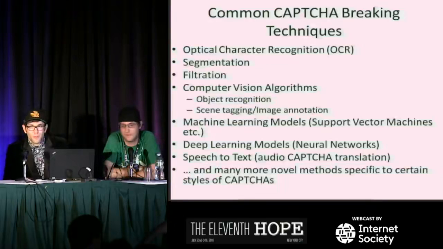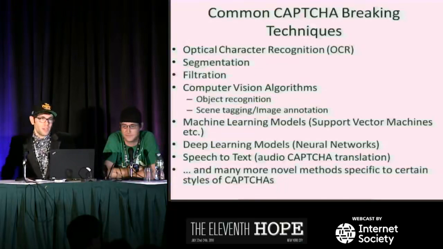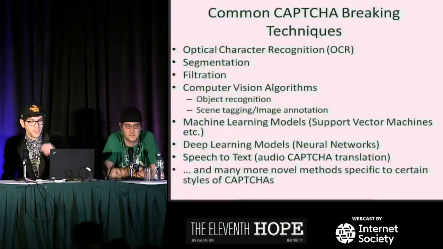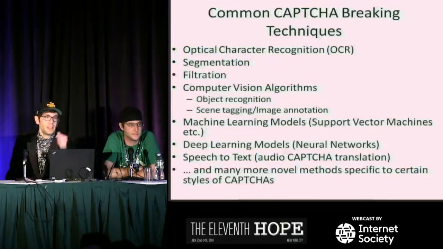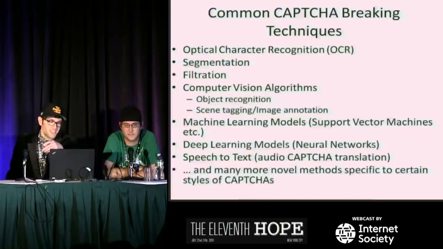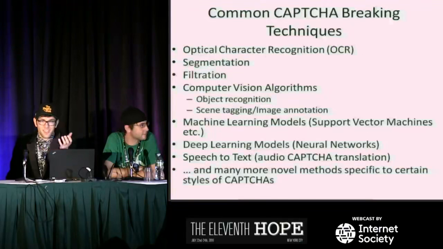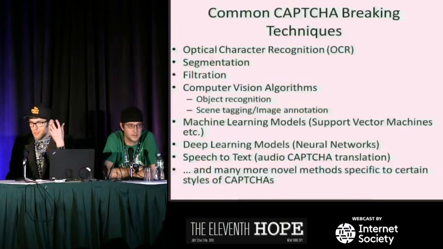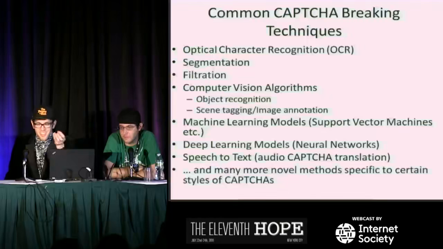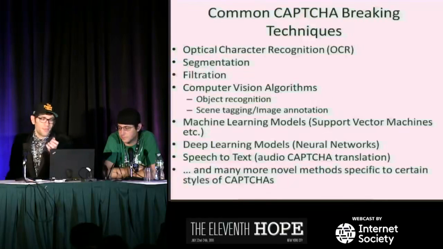So we're almost at a point now where with deep learning models, which we'll get to later on, because of the regularity and structure of text, it doesn't really vary that much. So you and I can tell a T in 1,000 different fonts because we know what a T looks like. We have a conceptual model in our brain of what a T looks like. When we develop a neural network that can perform the same function nearly as well as we do, you're gonna see where text becomes real bad real quick.